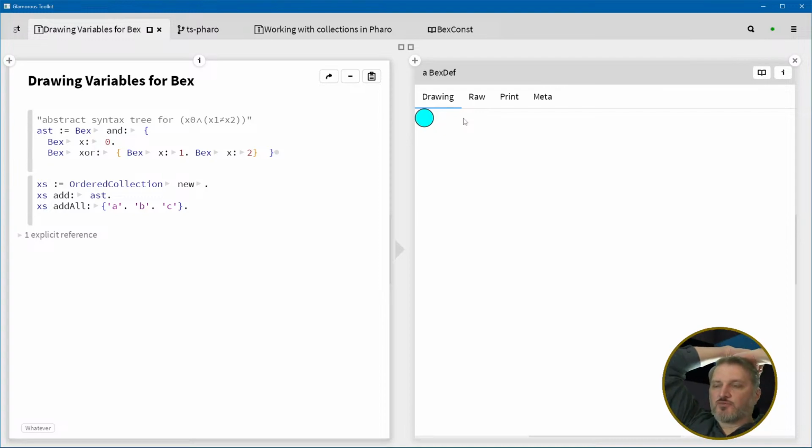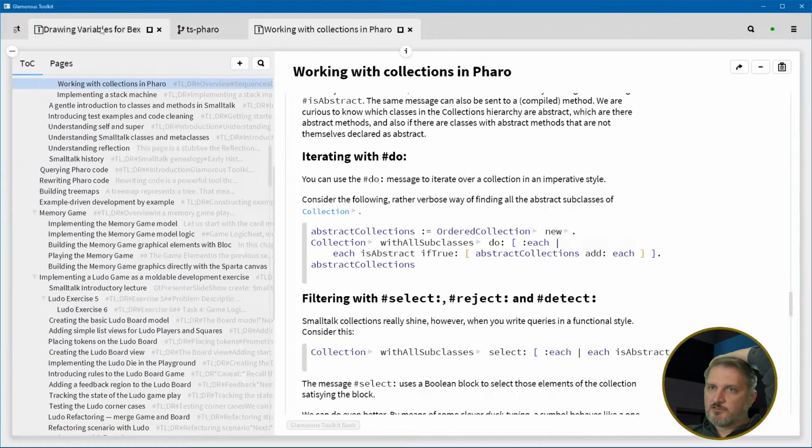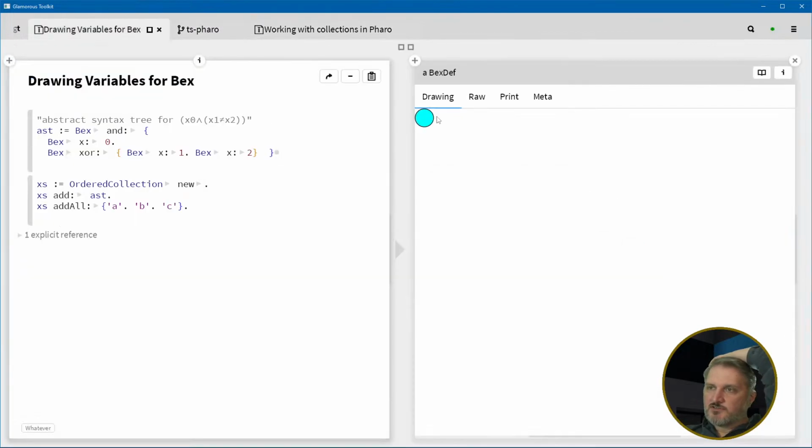So I really need two drawings. One is show me this thing as a node, draw it as a node, and then draw the graph. And only a Bex def would have a graph. Like the other nodes would not have a graph because they're not compound objects, right? So yeah, a constant would just be a circle. So we need two of these things. So or rather,